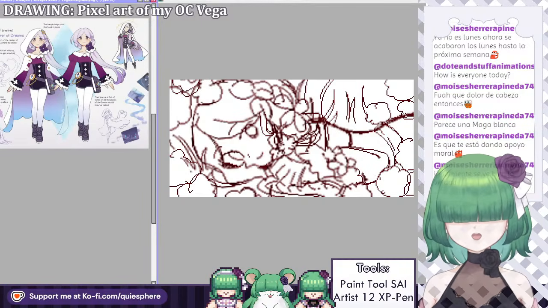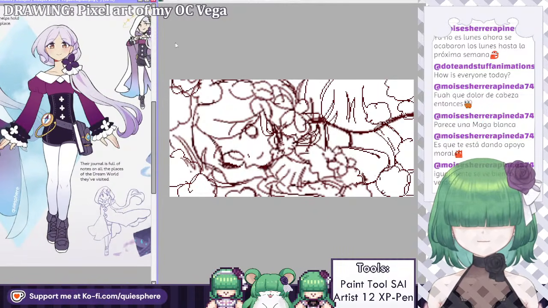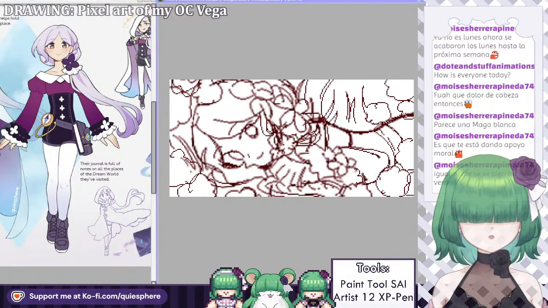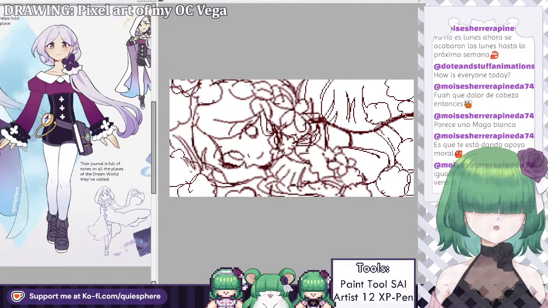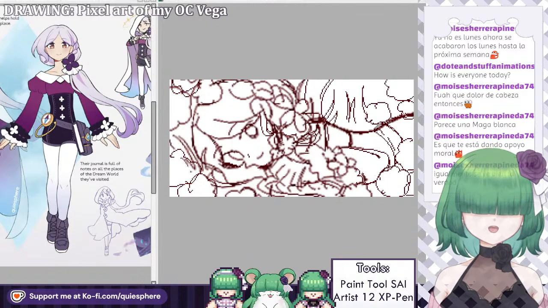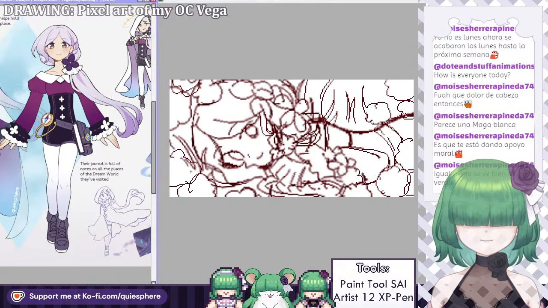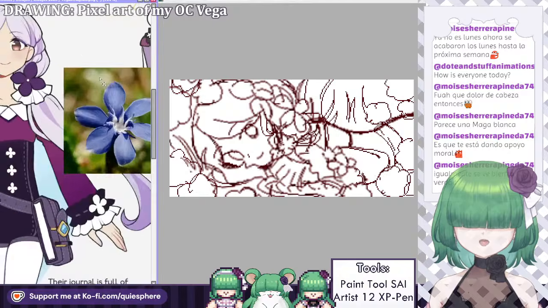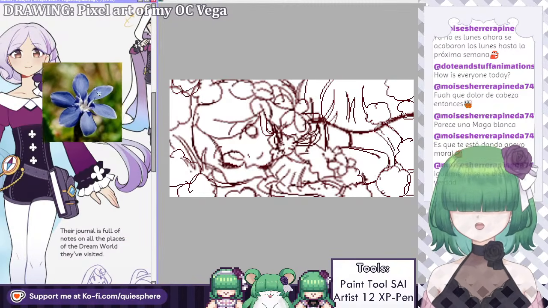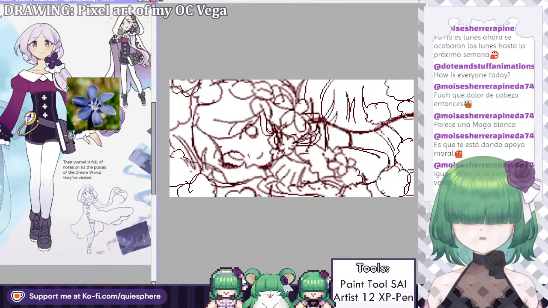I really like how it turned out in the end. So I'm gonna try to draw her in like a flower field. And I'm gonna try to draw her with her kind of signature flower, which is the spring gentian. It's a really nice flower that reminds me a lot of the flower she's got on the hair ties, which looks like this. Looks kind of similar, right? It has more petals, but it does look pretty similar. So, let's go with that.